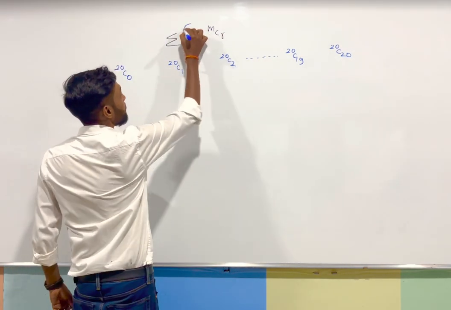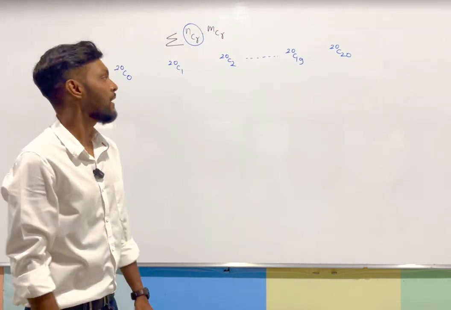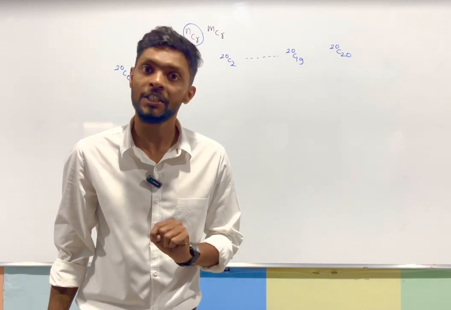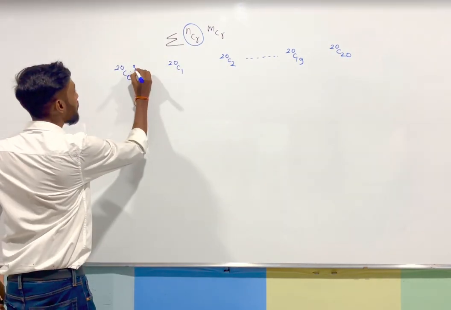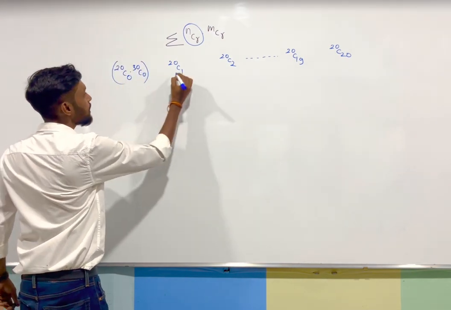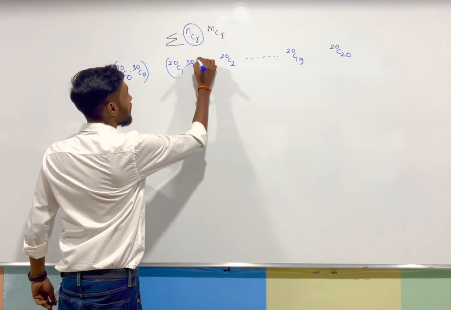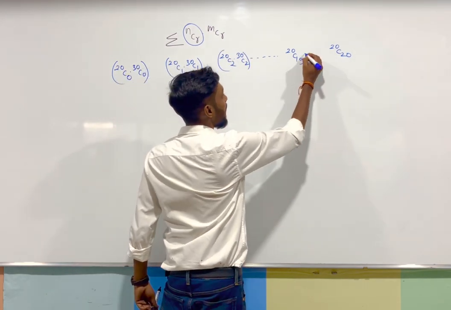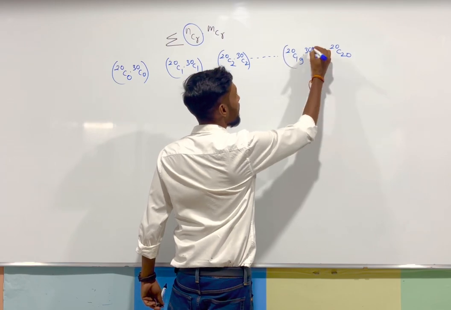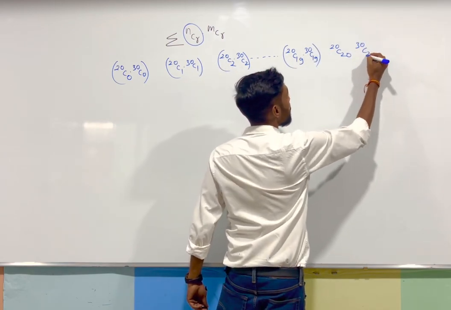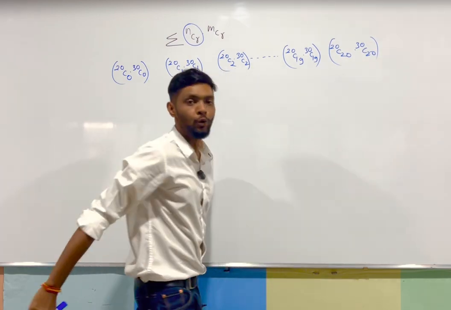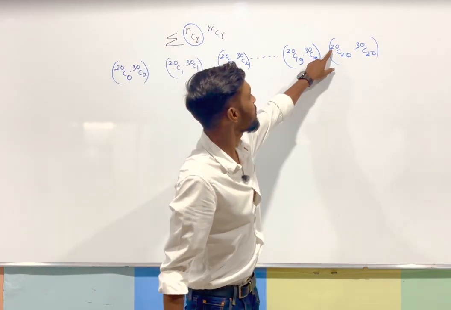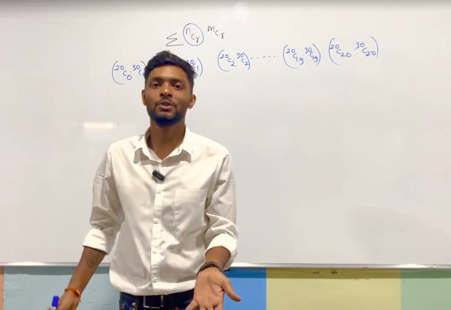I picked nCr. Now I have to pick mCr and we have to multiply their corresponding terms. So I pick 30. The first term would be 30C0 and that will get multiplied by 20C0. The second term would be 30C1, then the third 30C2. Somewhere it would be 30C19, that will be multiplied by 20C19, and finally it would be 30C20. You know that 30 won't be able to complete all of its terms because 20 will stop at 20C20, so 30 has to stop there only.